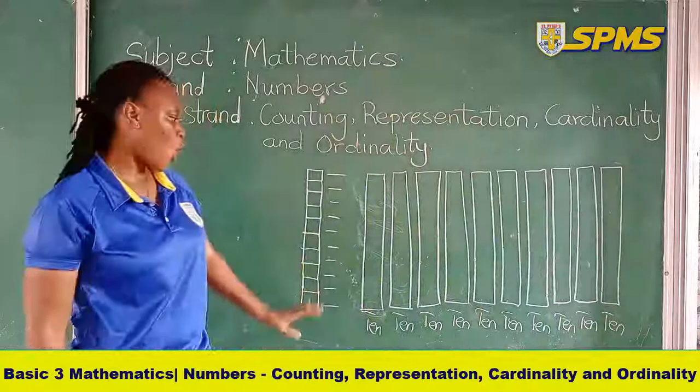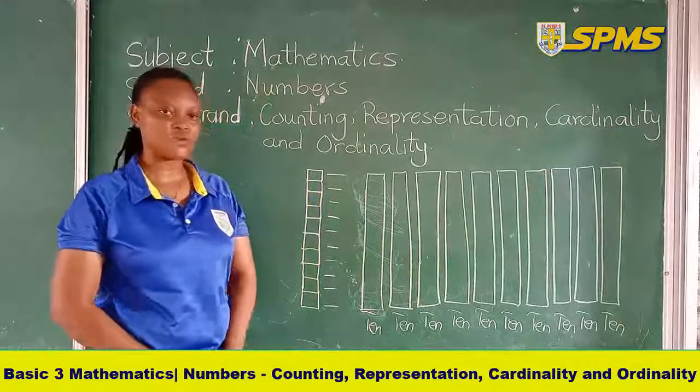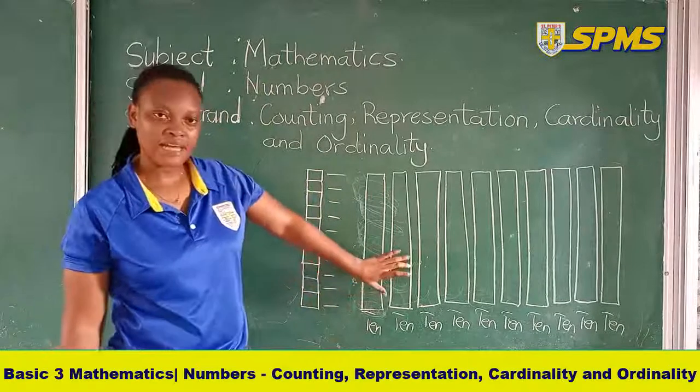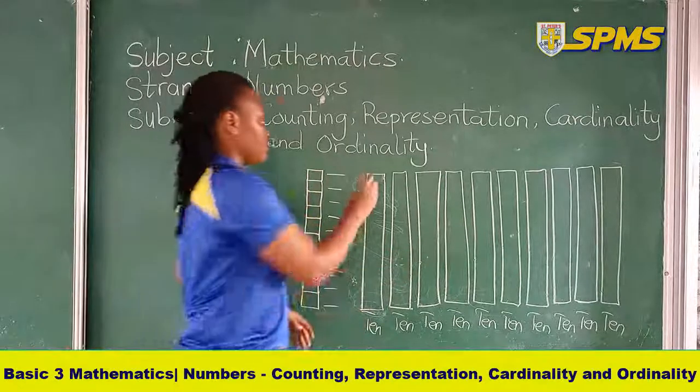Now let us put all the 10s together and see the number that we have. So we have 110 plus another 10 will give us what? 20